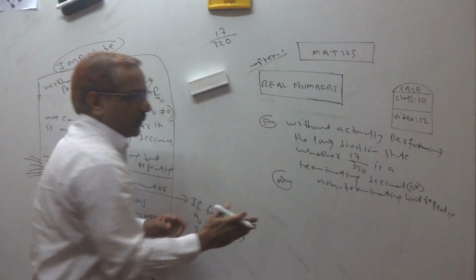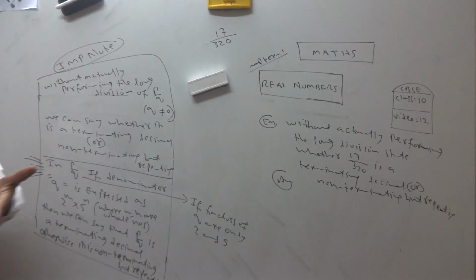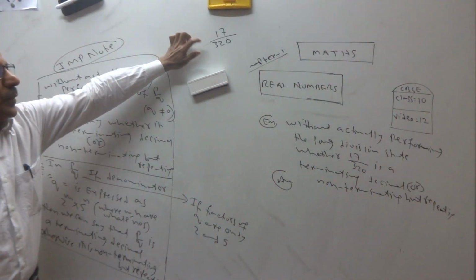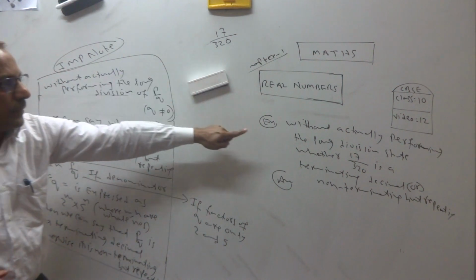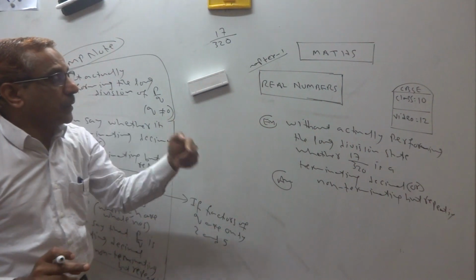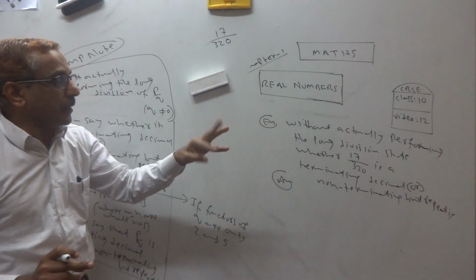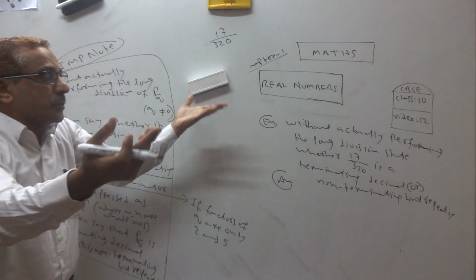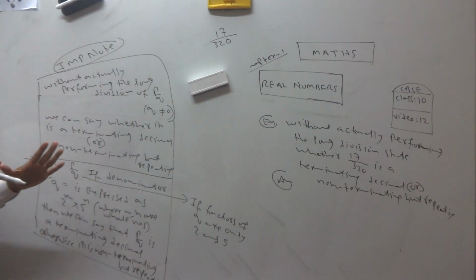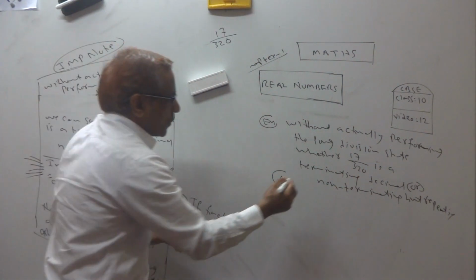So in this question what we do, please see, because in the fourth exercise we have this kind of questions. I will show you now the same thing. You know its answer is what? Terminating. Why? The reason. So it's just a 1 mark, 2 mark question. Without actually performing the long division, state whether 17 by 320 is a terminating decimal or non-terminating. Which one? So you should follow this note. In P by Q, if Q, the denominator, is expressed as 2 raised to m, 5 raised to n, it means the factors of Q, so I am taking now here.